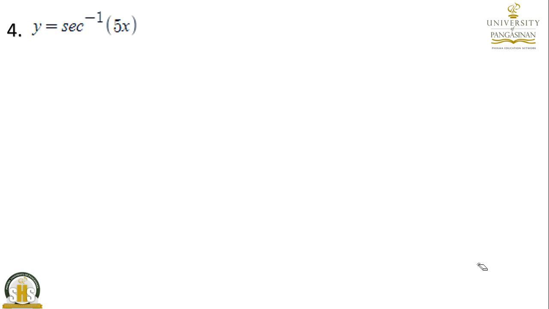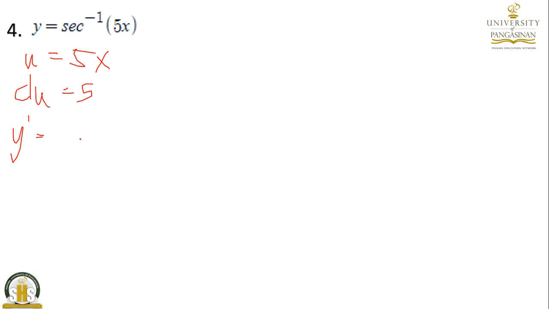Next, for number 4, we have the inverse of secant 1, and then we have 5x. This time, if ever na meron kayong radical sa denominator, wag na kayong magsisimplify ha. As is na yun. Kung may sagot kayo na radical sa baba, kasi ang ginagawa natin rationalize, di ba? Wag na, wag na. Final answer nyo na agad yun. So, dito, meron tayong u, 5x, and then the du is 5. And then the